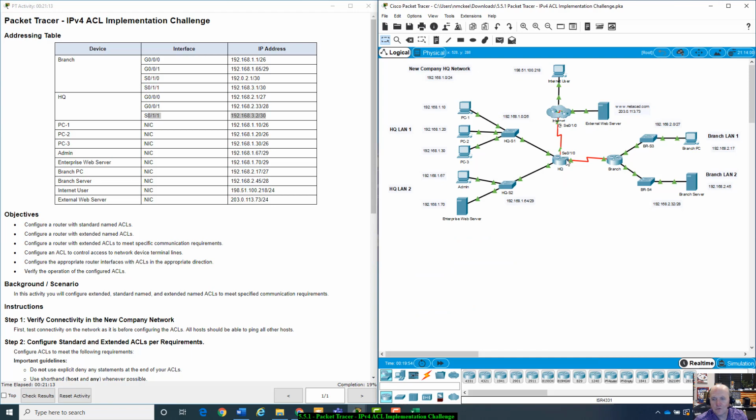Finally, I can mouse over it. Serial 0/1/0. It's so weird that that is not in there. I don't really need to know the IP address, but that's strange. It's not in there. All right, so we're going to assign that to